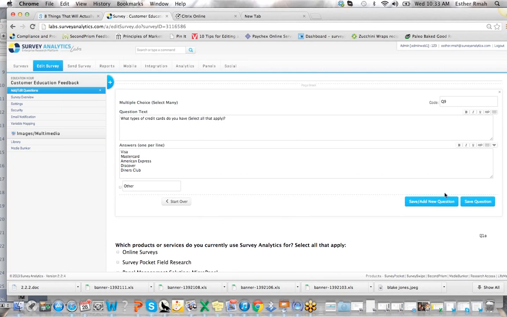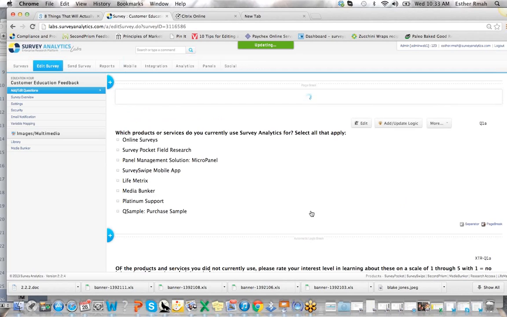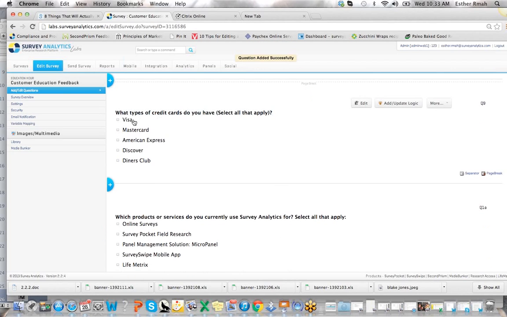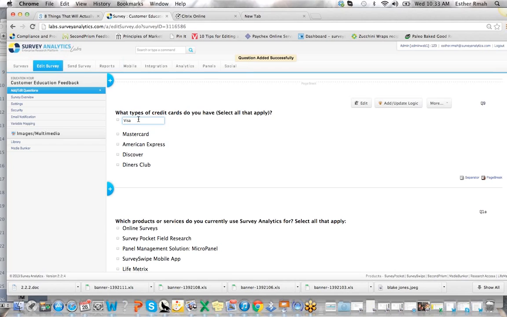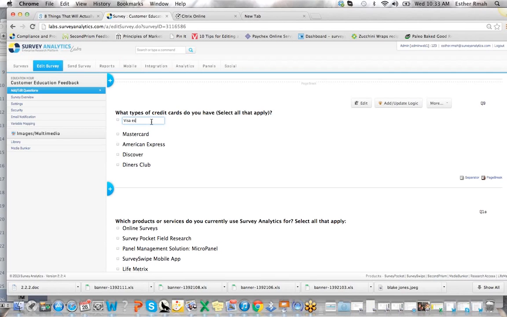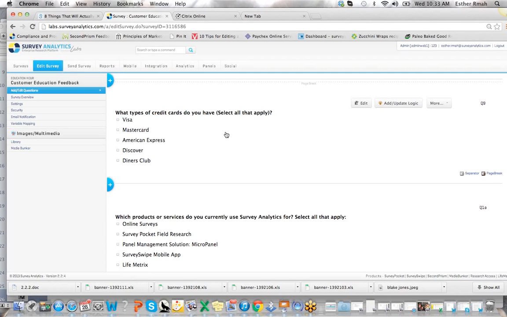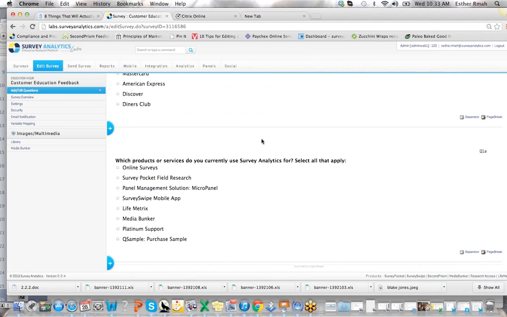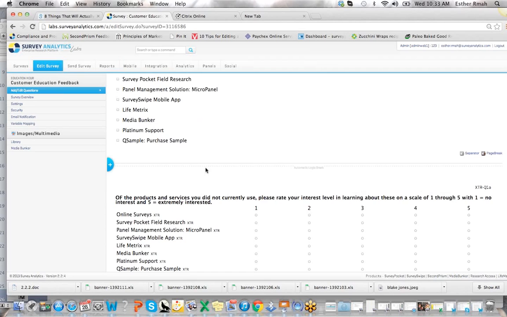Now for adding the question types, it's pretty simple. Again, with just clicking on the plus sign to add a question type, and then you can see the template opens up and gives you a quick preview of what these are. And then you can scroll down and review your question library as you would like. So here is an example of a multiple choice select many, and then once I save that, I can then click on save question, and then if I need to edit it, I can just click here and then type in